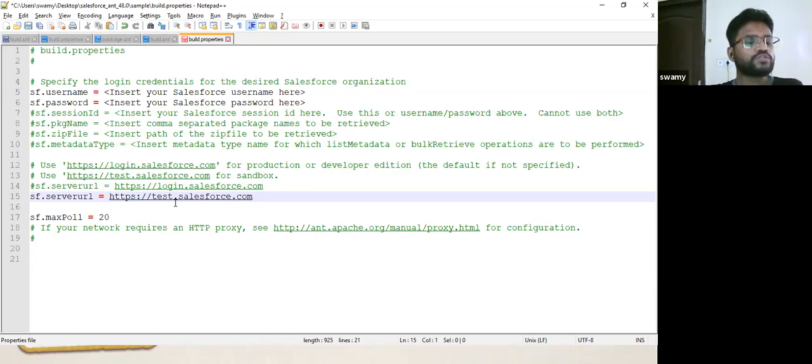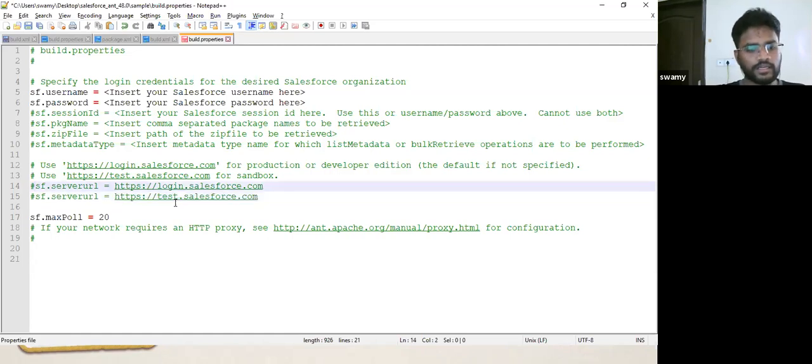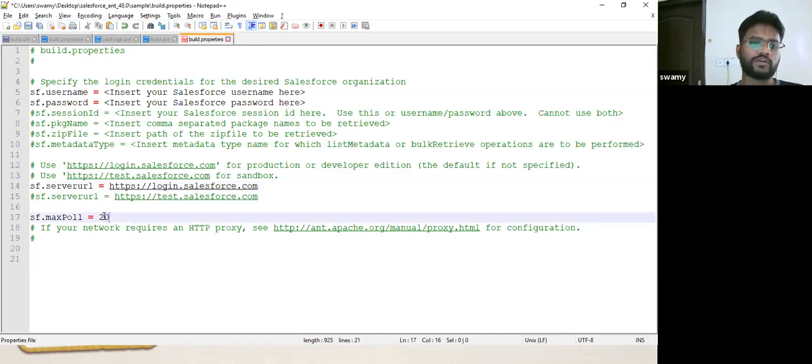And when you are going to deploy, you have to comment this using hash and uncomment the line for login.salesforce.com. And the max poll is 20 here. You can give anything, but a minimum of 20 is required so that you will be able to deploy it easily.